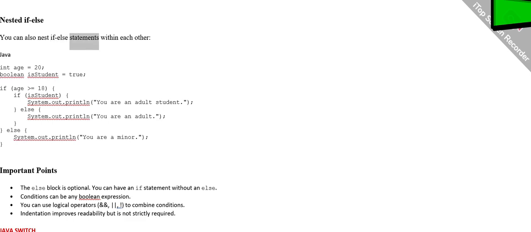Nested if-else. You can also nest if-else statements within each other. Java. int age = 20; boolean isStudent = true; if (age >= 18) { if (isStudent) { System.out.println("You are an adult student"); } else { System.out.println("You are an adult"); } } else { System.out.println("You are a minor"); }